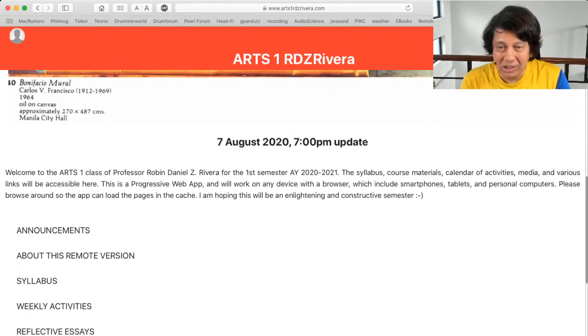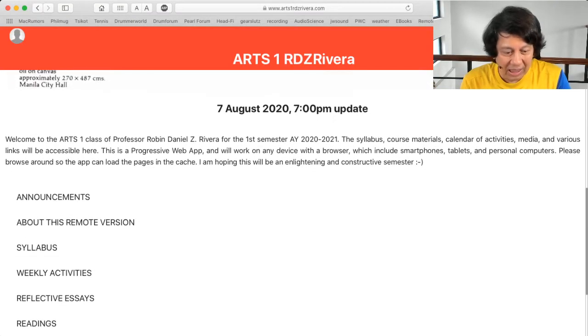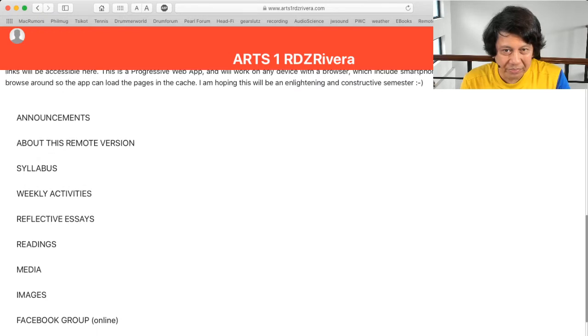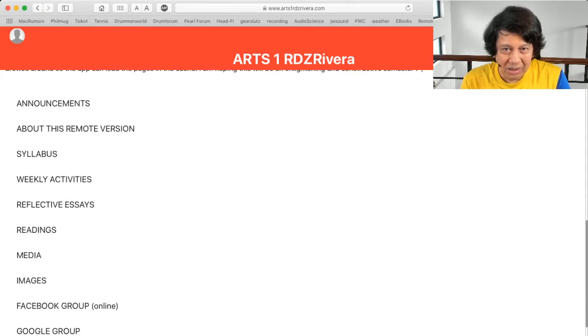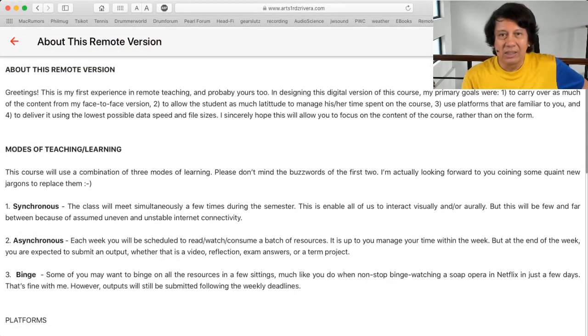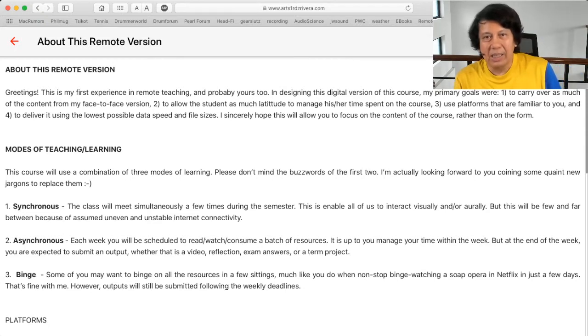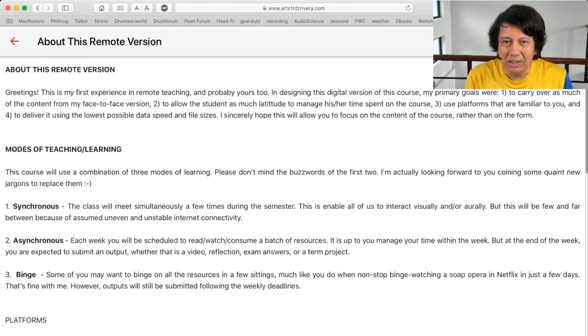This is an update from yesterday. So I added a few pages here and there, like this is about my remote version. Okay, there you go. So it explains what this remote version is like. And I put some interesting things like